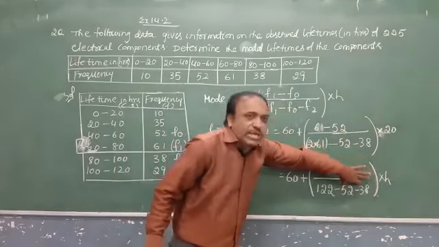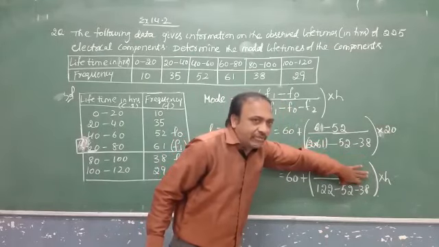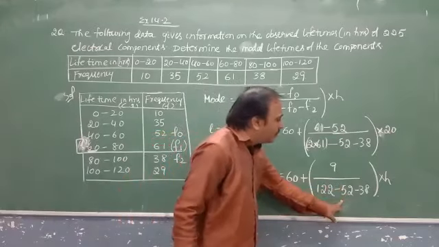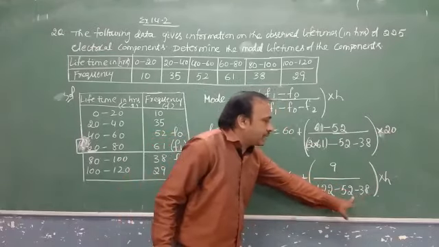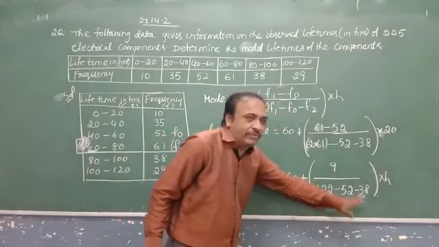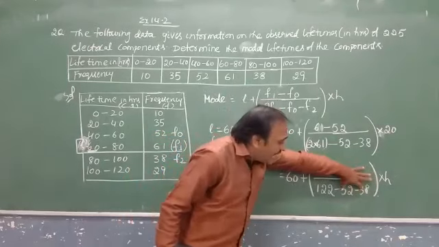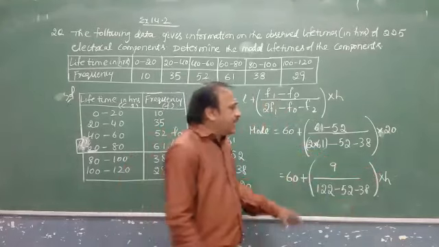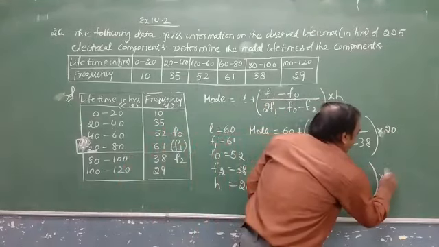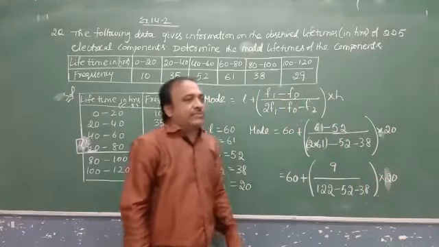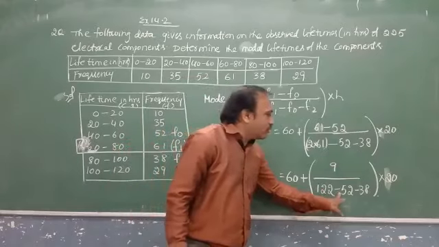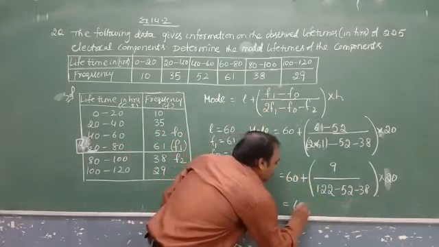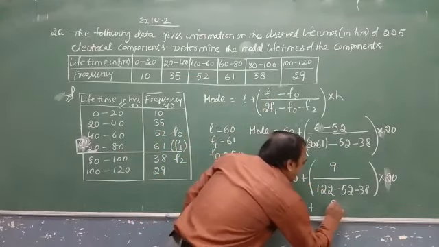First add these two negative values, then subtract from 122. So 52 plus 38: 8 plus 2 is 10, 5 plus 3 is 8, plus 1 is 9, so 90. These two we are adding, minus 52 and minus 38. That is into, here the class size is 20. So 122 minus 90, which is equal to 60 plus 9 by